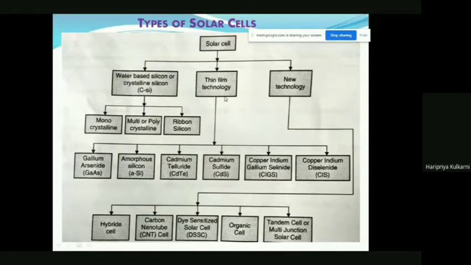And new technologies make use of some hybrid combination to compromise between the thickness and the efficiency. So we get good efficiency at comparatively less material. So material will be greater than thin film but less than thick film, and efficiency will be better than that of thin film, but in comparatively less material we get almost similar efficiency as that of a thick film technology. So in crystalline silicon, which we have studied, mostly mono or poly are the two types which we make use of in almost all the applications.